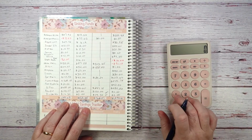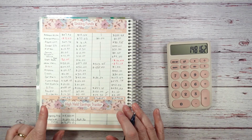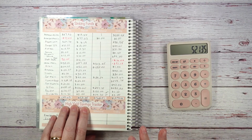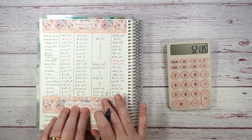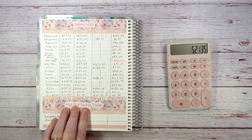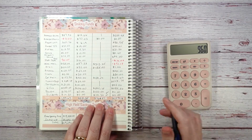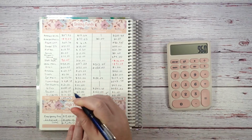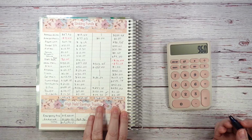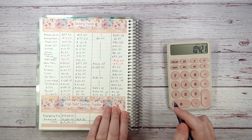So $1,481.63 is what we started with at the beginning of the month. We added $521.35 in money moves, whether it was a deposit or whether it was me moving money, withdrawing it from one line item and adding it to another line item. And then we subtracted the $960. There's a subtraction and equal and plus. There we go. I might start putting that on there. That would be a good idea. And 87 cents. And that gives us the